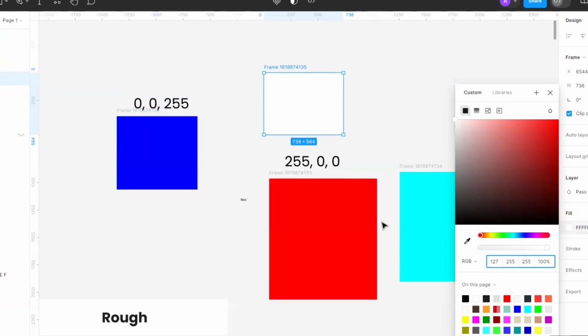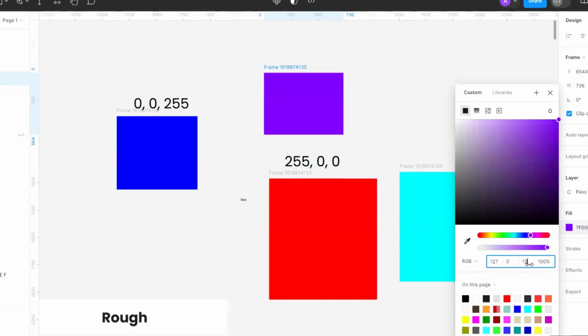The second part, 0 plus 0 divided by 2, is obviously 0. And 255 plus 0 divided by 2 is 127. And what do we have? We have magenta. So we can mix two colors, two major hues, by dividing by a value. One thing you should know is that it will always give you a range of